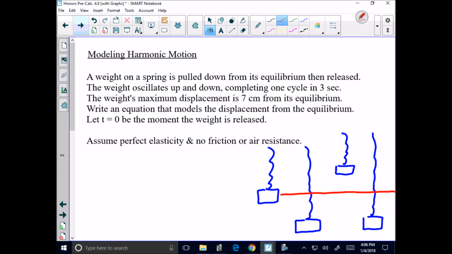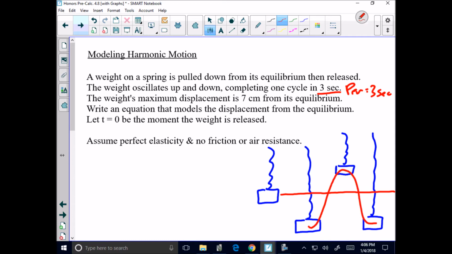Now, we're told right here that the weight oscillates up and down and completes one cycle in 3 seconds, right? So one cycle in 3 seconds tells us that we have a period length, a time period of 3 seconds with which it takes us to complete one full cycle, going from the min to the max